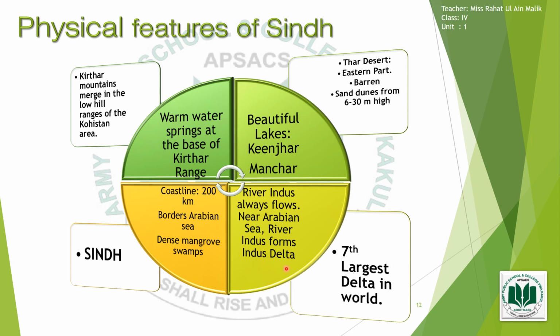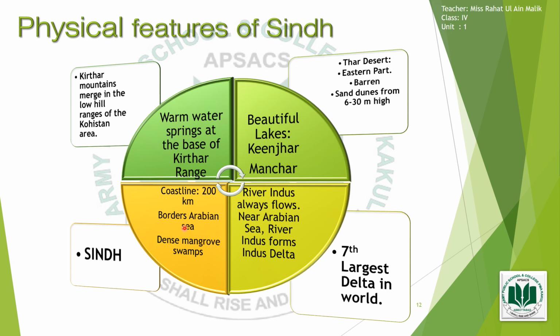Delta, I had told you, that triangular shape, right? That afterwards falls into something bigger. So when this river reaches near Arabian Sea, it forms the delta, which is called Indus Delta, and it is the seventh largest delta in the world. This information is to be remembered, right? And then